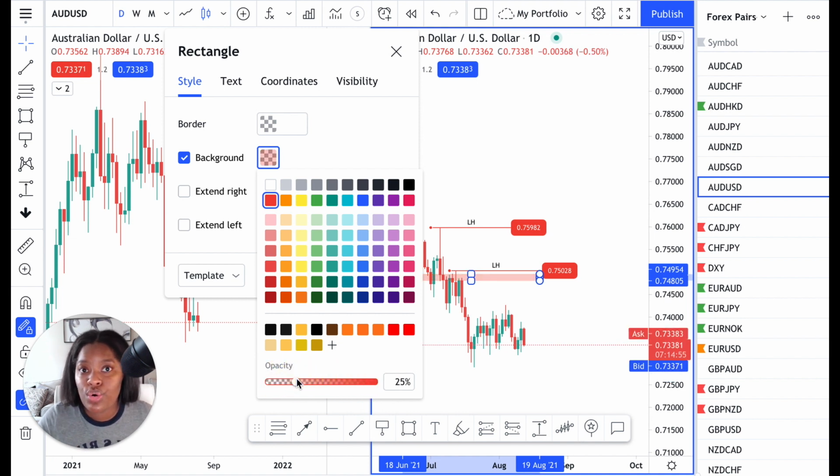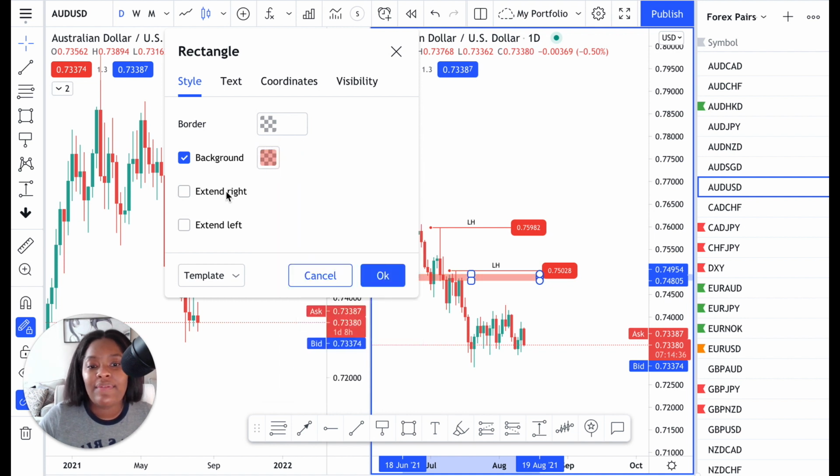Now, I don't want it too bright because I need to be able to see my wicks. So I'm just going to keep it like a light reddish color. Now, you can change this to any color that you like per your time frame. I'm always changing colors on my charts. I'm never satisfied with them. You may be the same, you may not be, whatever the case may be, but I will keep it red,